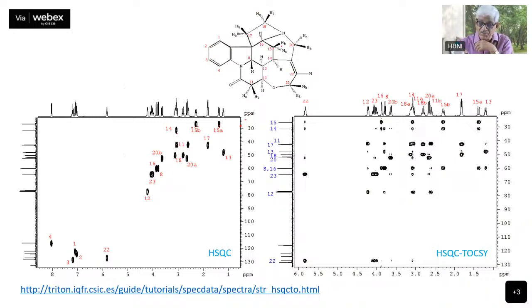In this case, the 15 is attached to two protons and they are non-equivalent. Therefore, you see 15A to 15B. Now, let us look at 11. See, 11 is here. Where is 11? 11 is also attached to two protons there. And therefore, these two peaks which are coming here are connected to carbon 11 and carbon 11 to 11A